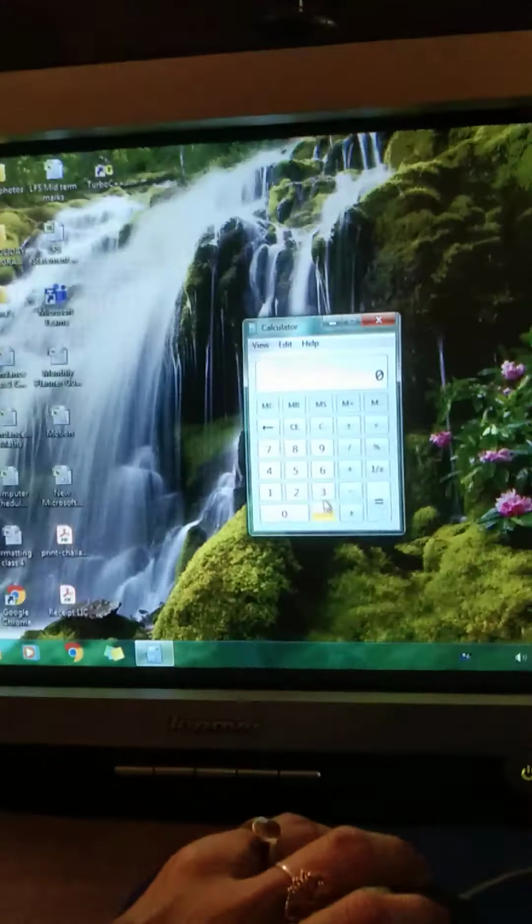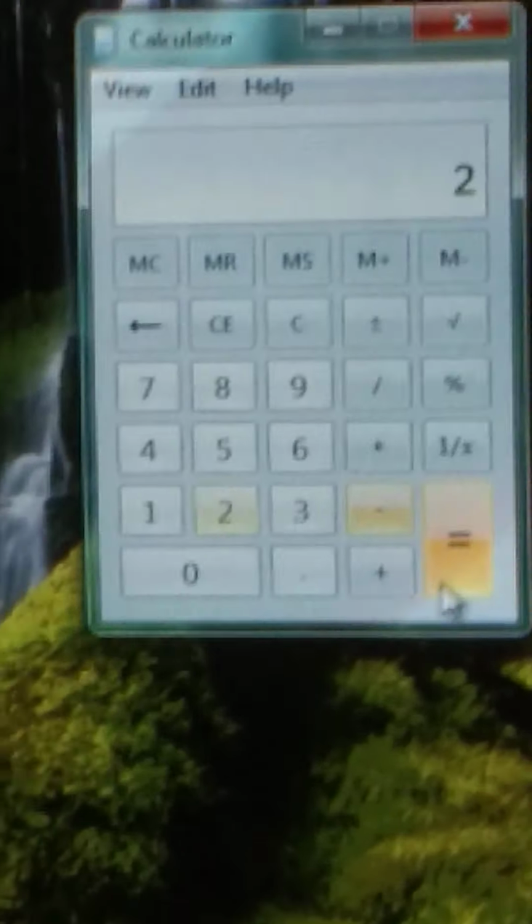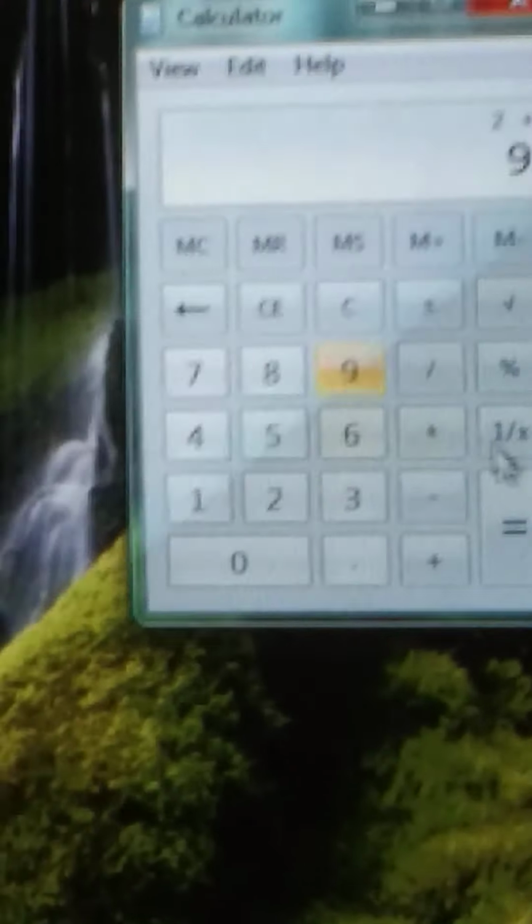And another application software is calculator, because it helps us to do a particular task, particular work. It helps us to do calculations. We can do calculations like 2 plus 9 is equals to 11.